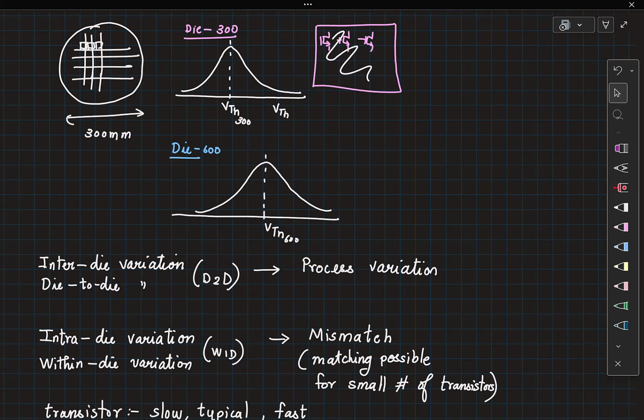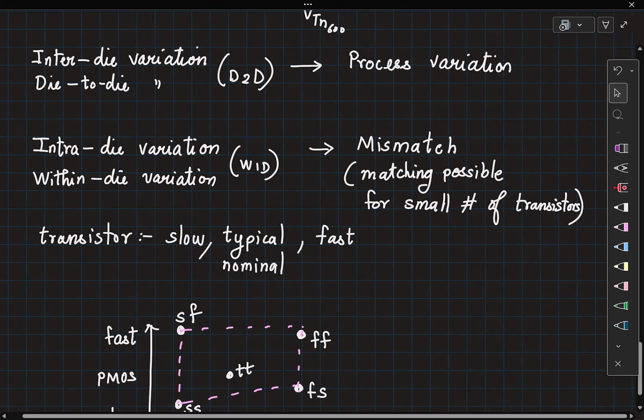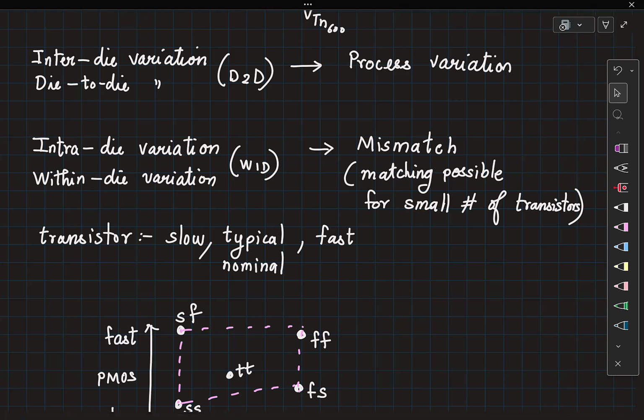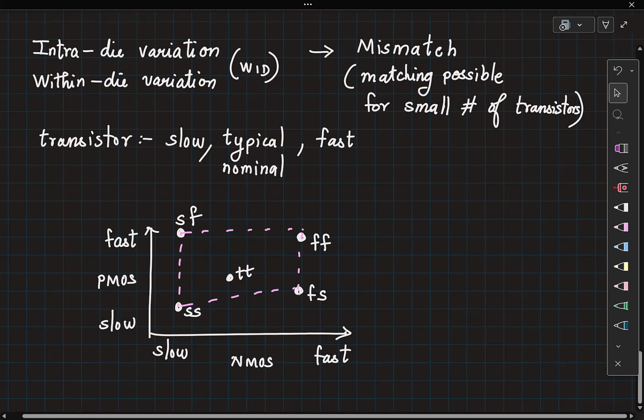Some of you might have heard the term Monte Carlo simulation. In all of your previous projects, when you ran a DC simulation or a transient simulation, you assumed that your transistors are all in the same corner, that they are well matched. Now, if you wanted to capture this mismatch effect, then you have to run a particular simulation called Monte Carlo simulation, where you feed in the statistical model files. If you simply wanted to verify your design across different process corners, which is at SS, FF, etc., then process corner files are also available, and you can verify it. So for regular simulations, we can do this.